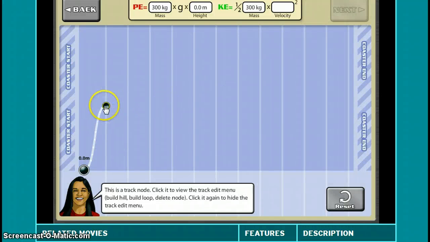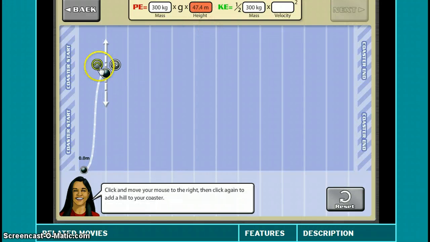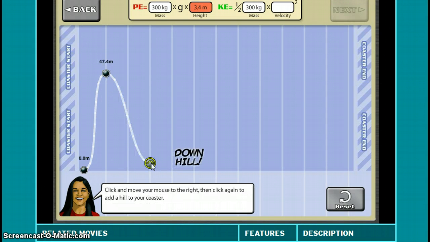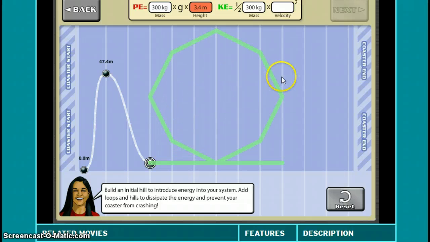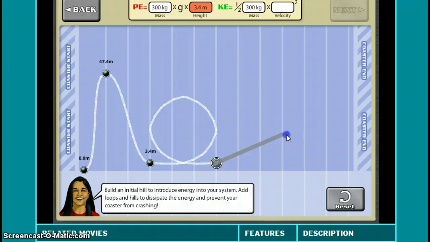On the track design, they have nodes which students can set their design how they want. They can build the loops based on what they listened and learned from the video. Hopefully they'll realize they can't have a loop that is higher than the first hill, and that's why the goal for the rubric is to have success within